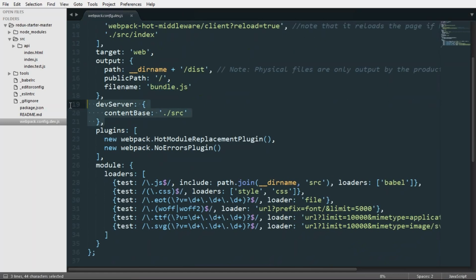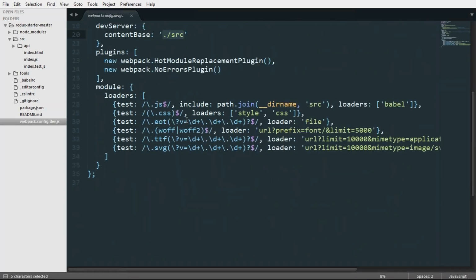Here we are specifying that the dev server will look into the default src folder whenever it is publishing the code, and here I'm using the module loaders. As I said, Webpack is actually a bundler of different things. It can bundle the CSS, it can bundle the JS, it can bundle the font files. So for every different kind of file syntax, you also need to specify the loaders for it. If I want to bundle the JavaScript file, I'm using Babel as a loader.